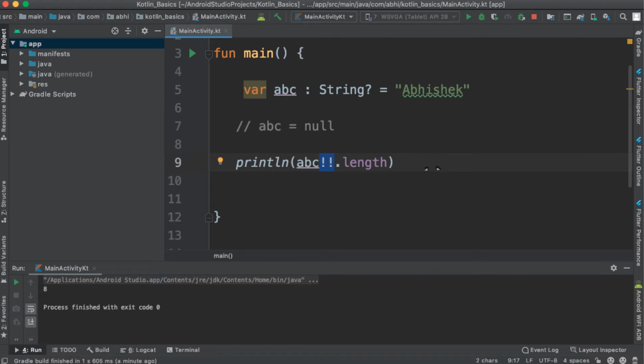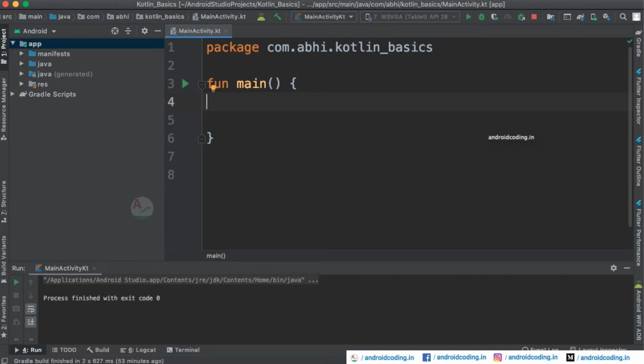So in this particular tutorial, we will be seeing different ways of handling null in Kotlin by making use of a safe call, let condition, Elvis operator, non-null assertion, and so on. So stay tuned to the entire tutorial and don't skip any part of it to get the most out of it. In this part of the tutorial, we will see how to handle null in Kotlin.